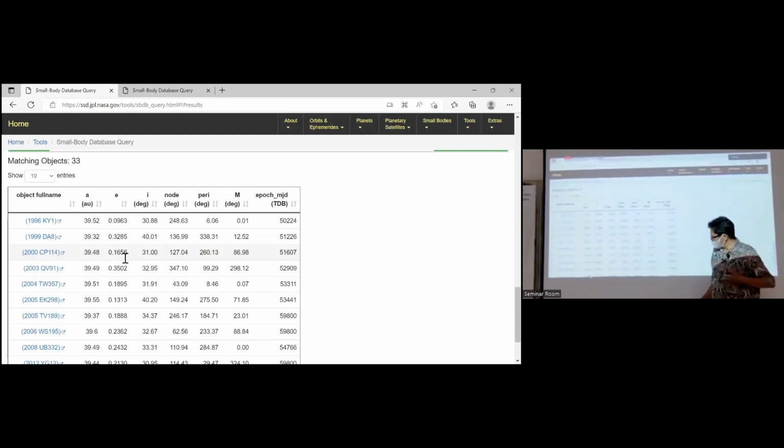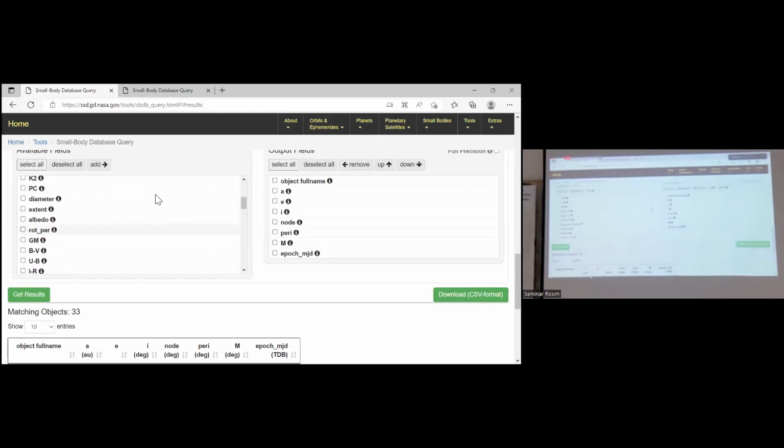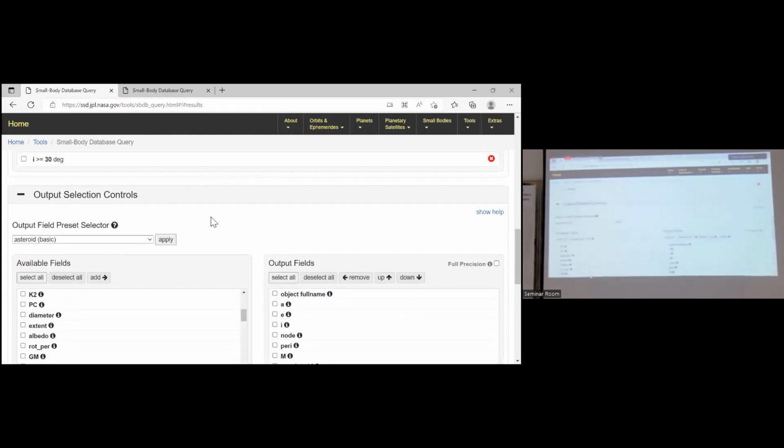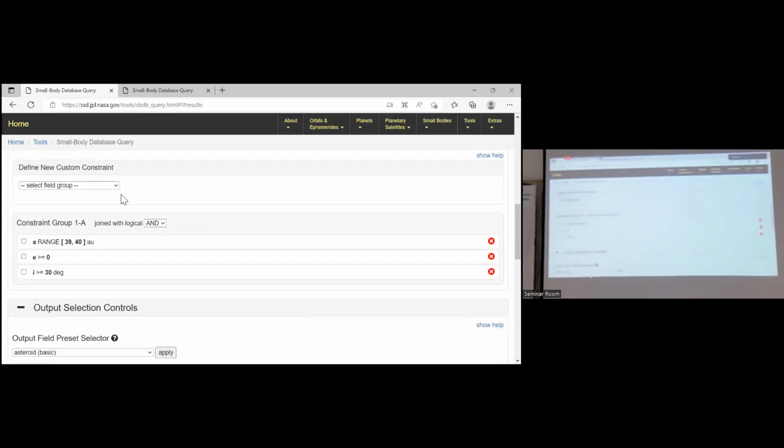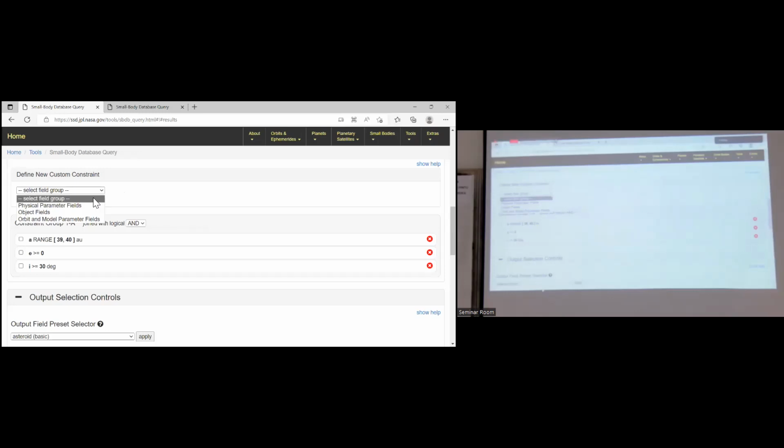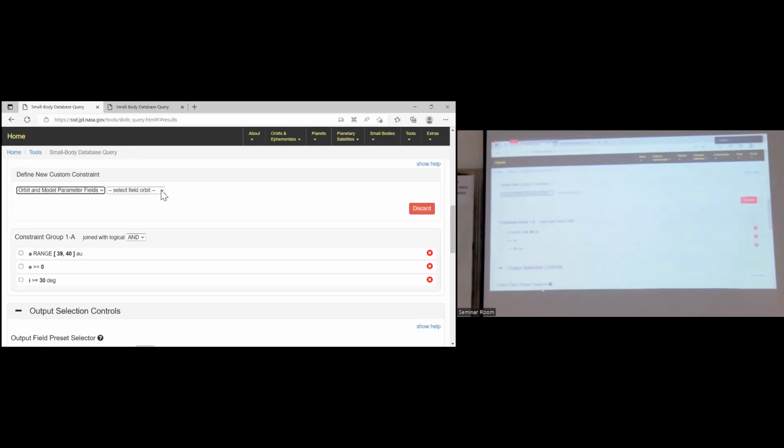Okay. Is there any same epoch here? I suggest you choose epoch as a constraint. Okay? Where? Physical parameter, object field, orbit. This is any epoch.